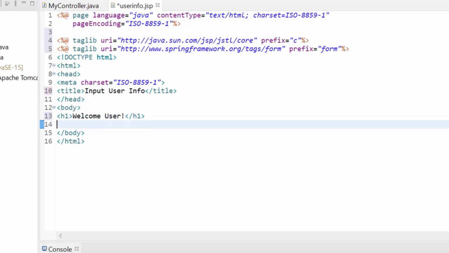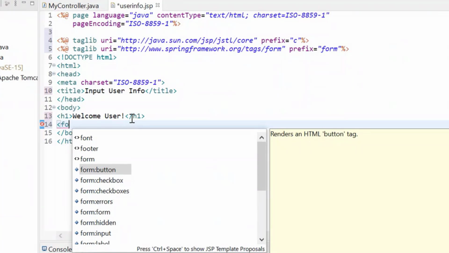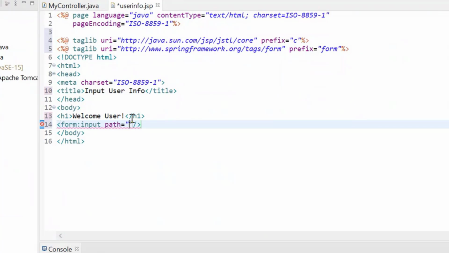Now after this, let me create a form. In this form, what should you do? This is the main thing. First thing, I'm taking an input. Don't worry about this path, whatever this path is, we'll see. I'm having an input and it's a name. You can do it this way, or we'll go with a traditional way first.